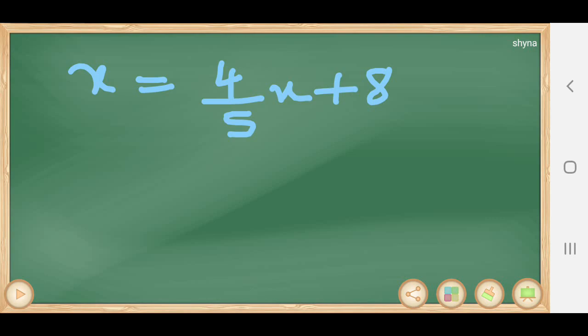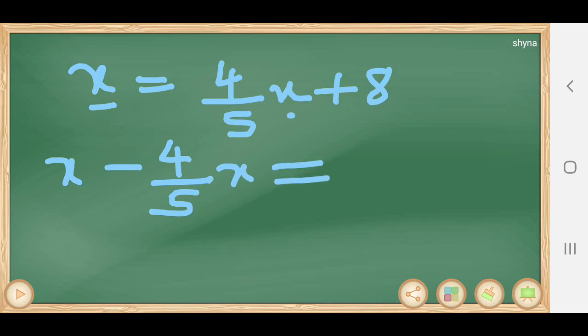Here also, in the same way, you can see x on both sides of the equal sign. One x here, one x here. So you have to transpose. Which one will you transpose? Same as before, the x term, we transpose the 4 by 5x from the RHS. While transposing it will be minus 4 by 5x equal to 8 already in RHS.